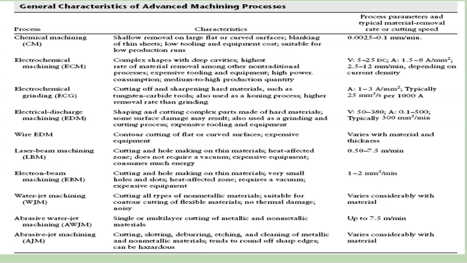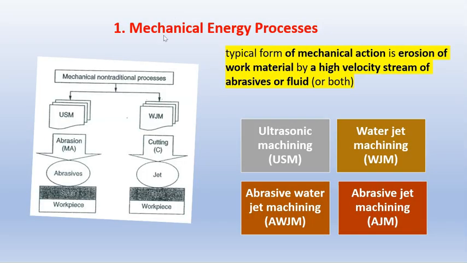You can go further by looking at this table, in which they have the processes involved from the four categories, the characteristics, the cutting speed, and also some of the parameters of the process. Okay, we look at the first one, mechanical energy processes, in which the typical form of mechanical action